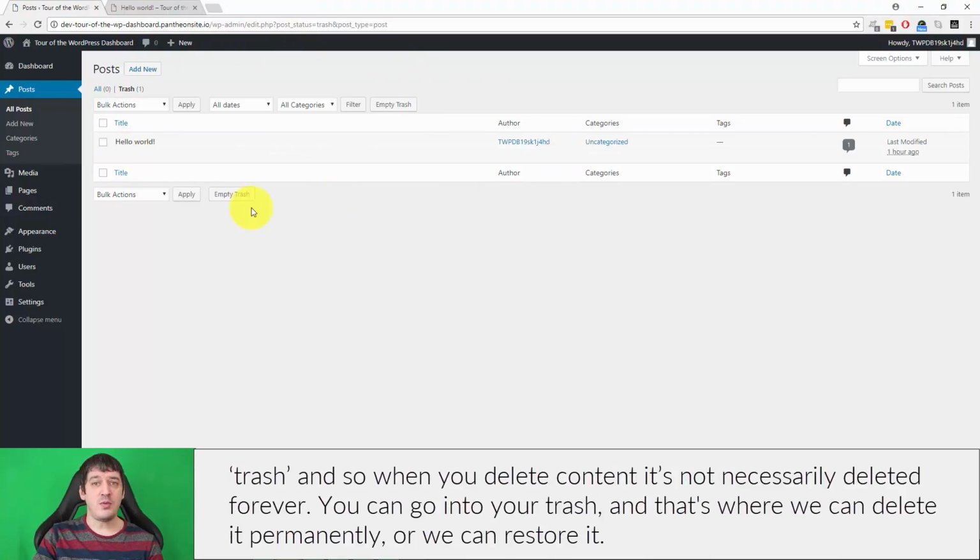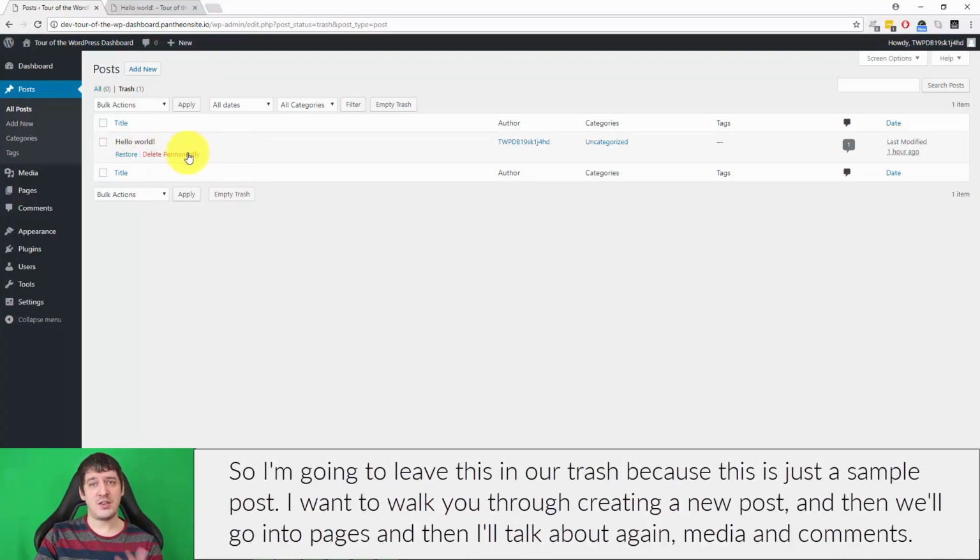And so when you delete content, it is not necessarily deleted forever. You can go into your trash, and that's where we can delete it permanently, or we can restore it, right? So I'm gonna leave this in our trash because this is just a sample post. I wanna walk you through creating a new post, and then we'll go into pages, and then I'll talk about,